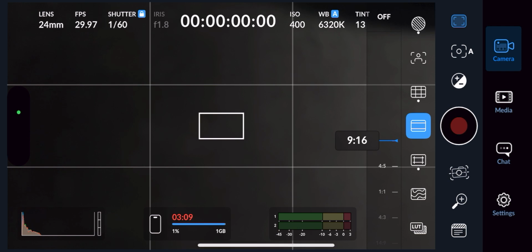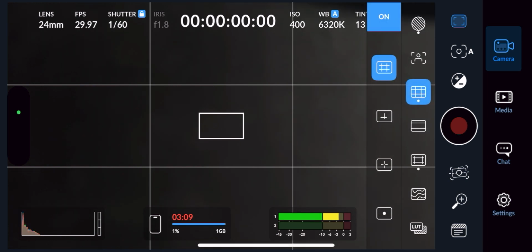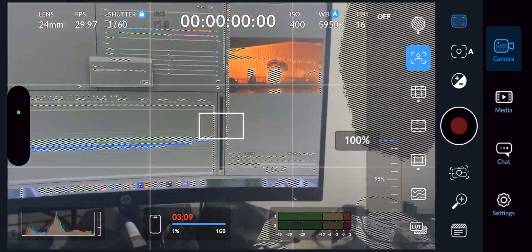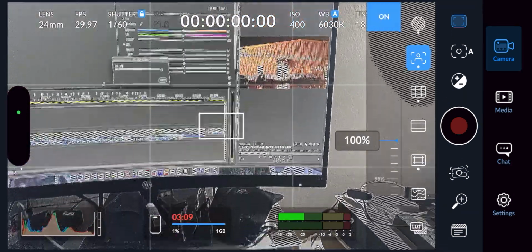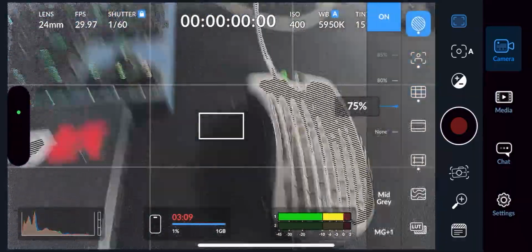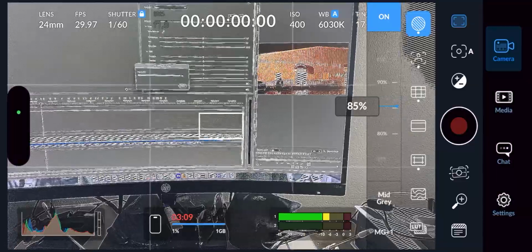Anyways, in the middle left, this is your guidelines. I don't touch this at all. I keep it at 9.6, 9 by 16. You have your other grid lines. I keep this on all the way on the left. This is, I don't use this at all actually. And then lastly, all the way at the top, these are going to be your